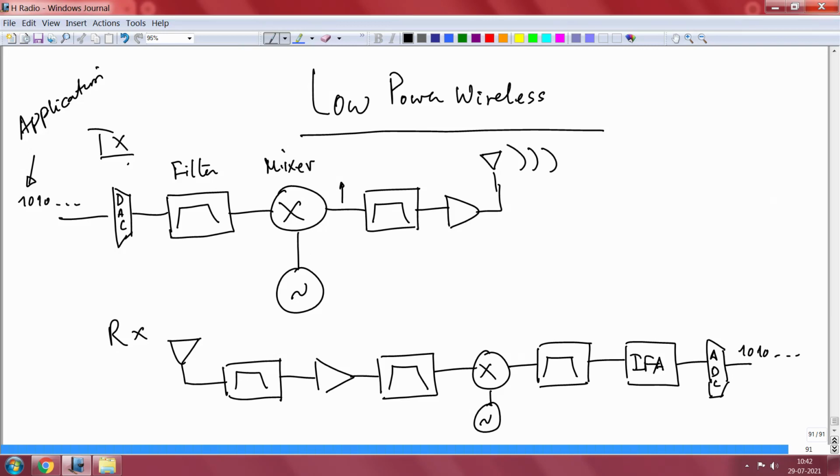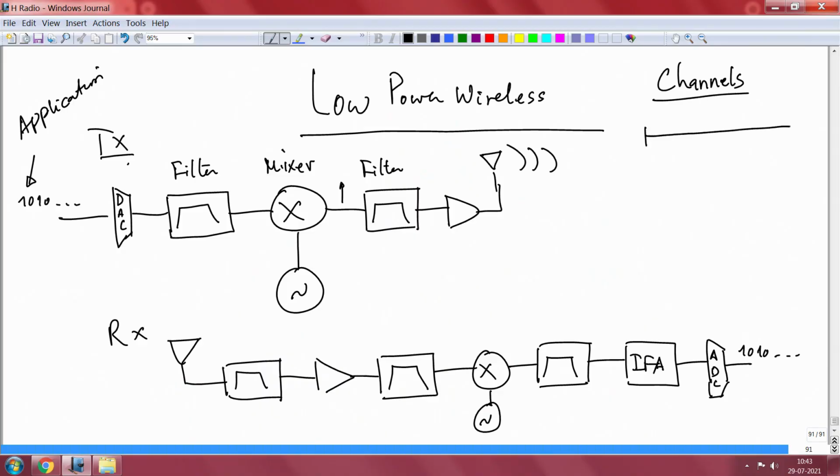Now, this up converted signal is again analog by nature, and you usually pass it through a filter to ensure that you do not transmit in frequencies beyond what is allowed by the FCC regulation. It is very tight. So, you are given a frequency range and this range is divided into several small frequency bands, and you have to transmit within that band. That is when you get different channels.